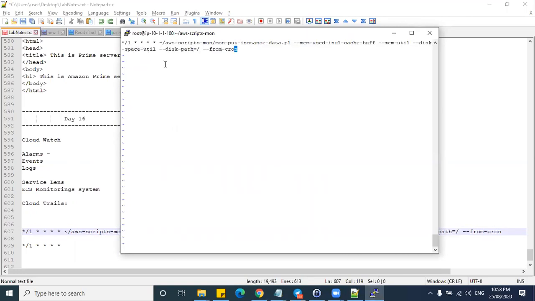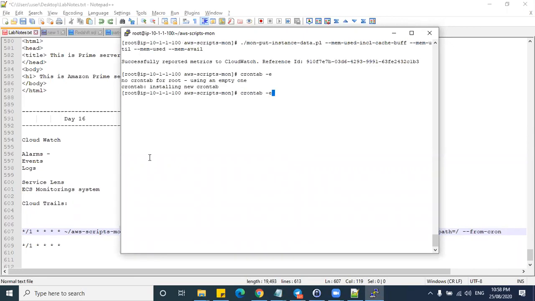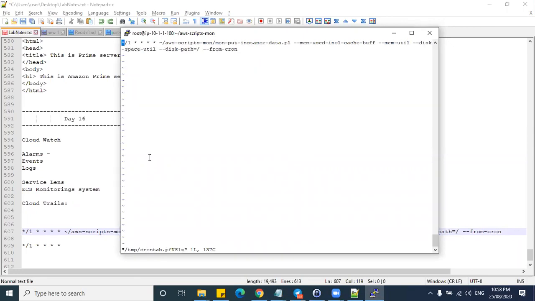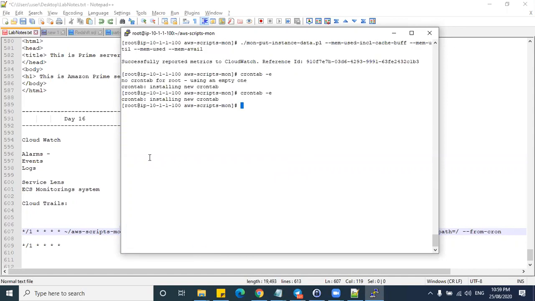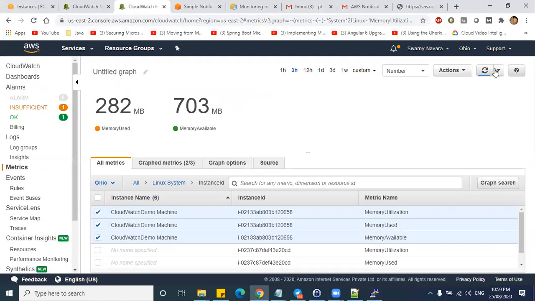So that's the command. Now this is like a VI editor. Just escape, write quit. Yeah. Let us check again. So this is there. Now, since we have kept this command in crontab, every minute it will be pushing the logs like this. It will report the metrics to CloudWatch every 1 minute for this memory. So any queries here?